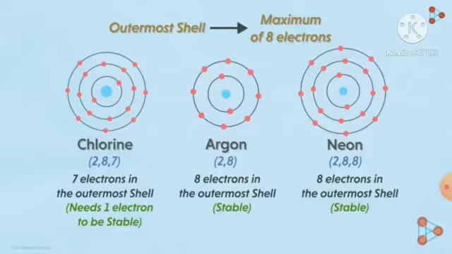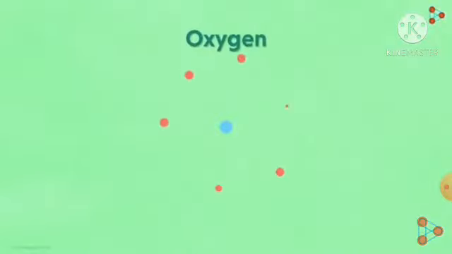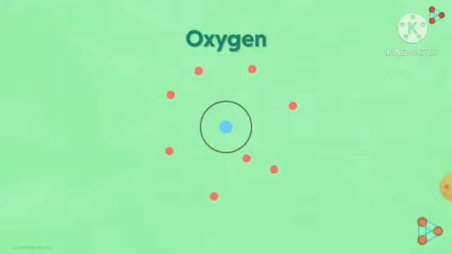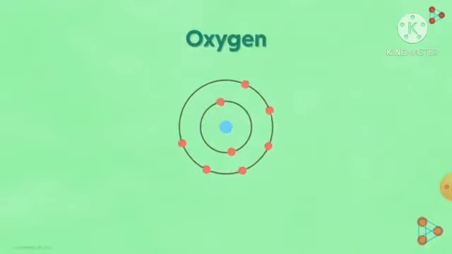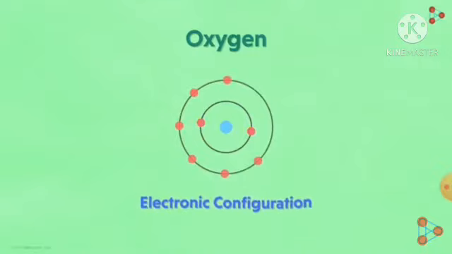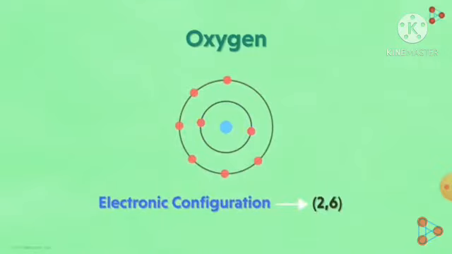However, it's not possible for all to have 8 electrons in the outermost shell. Imagine the case of oxygen. It has a total of 8 electrons. So can we just have one orbital around the nucleus containing all the 8 electrons? Absolutely not. In fact, according to the rule, we have to fill 2 electrons in the first and the remaining 6 electrons in the second shell, because the capacity of the first shell is a maximum of 2 electrons. So can we say that the electronic configuration of oxygen is 2,6? That's right. But this indicates that oxygen does not have 8 electrons in the outermost shell.